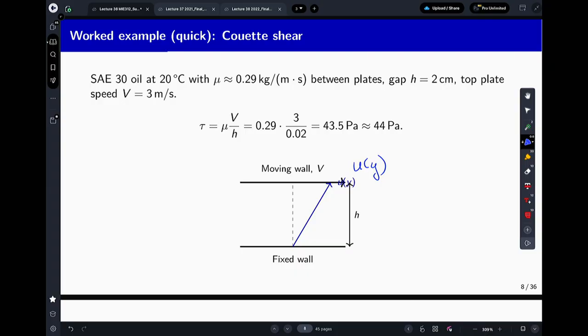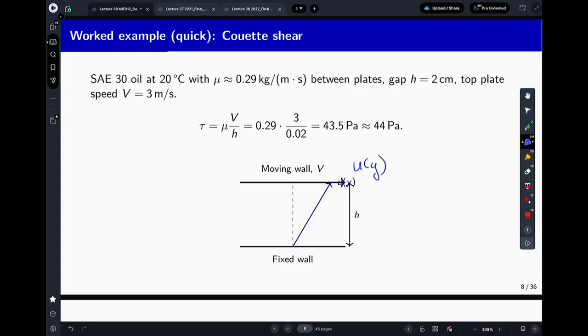But SAE 30 at 20 degrees C with a viscosity of 0.29 kilos per meter second between plates, gap of 2 centimeters, top plate moving at 3 meters per second. So you can just calculate. You have tau equals mu delta V over delta H. The delta V here is 3 meters per second, and the H is 0.02, and you end up with 44